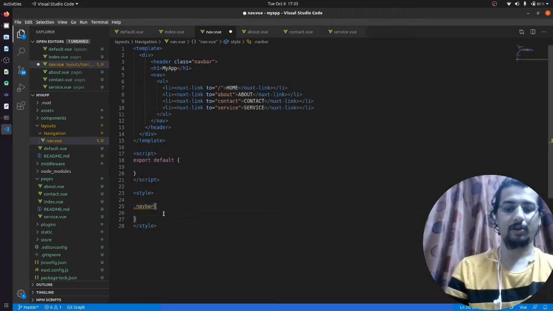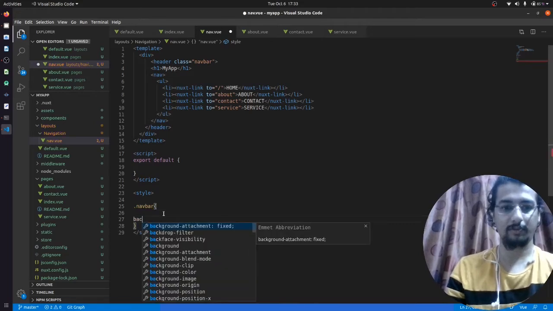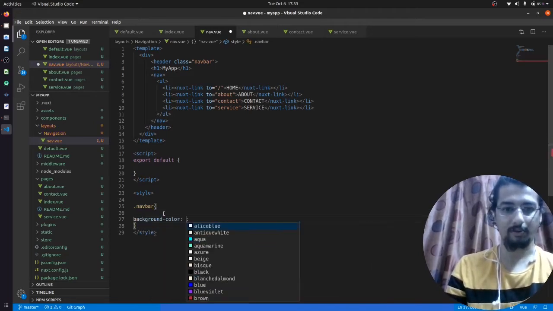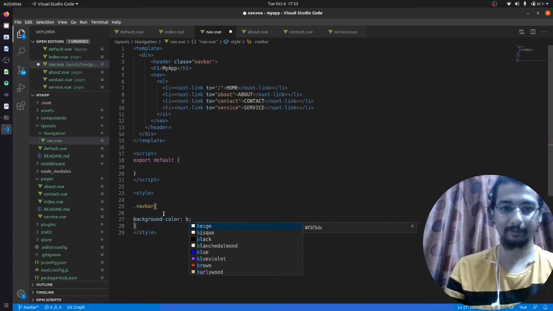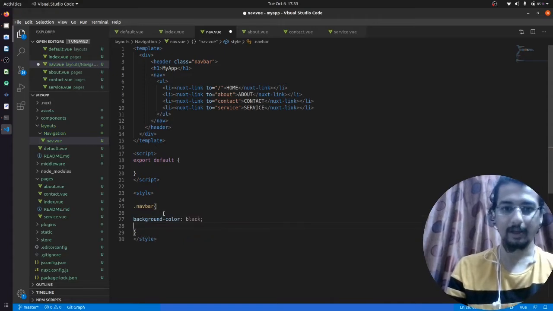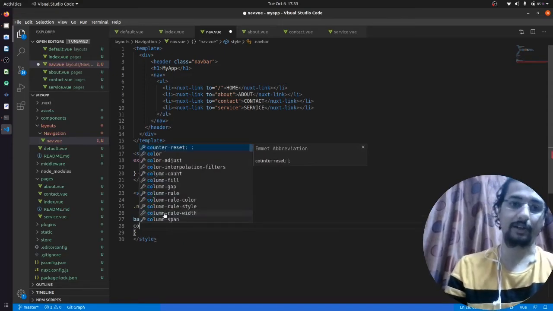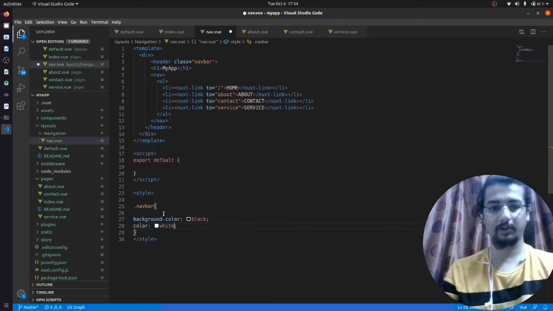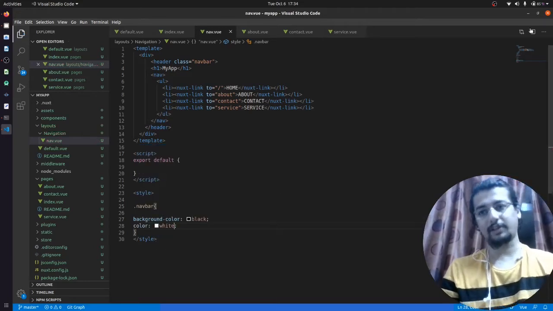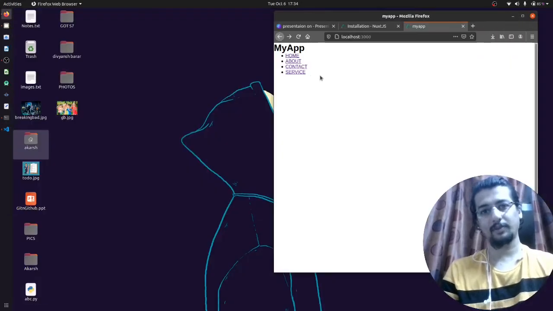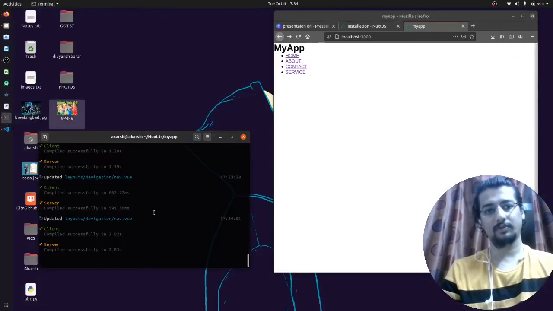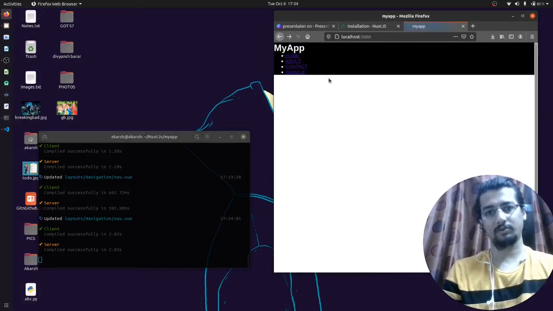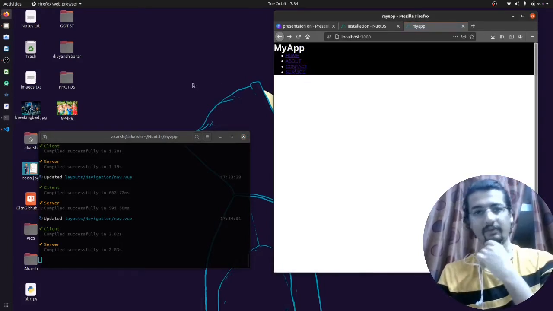Now I will give it a property of background color. Background color should be black, and the color of text should be white. Let me save that. Will it come on? Okay, yeah, we have this thing.